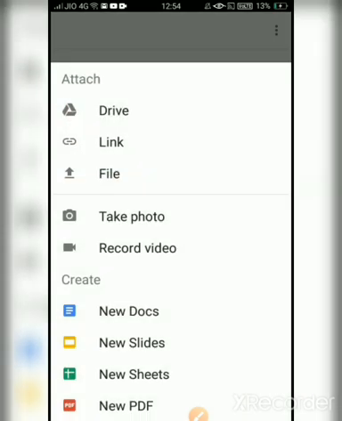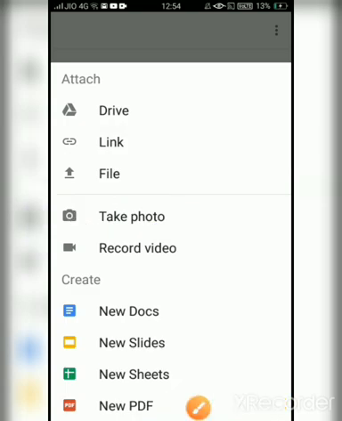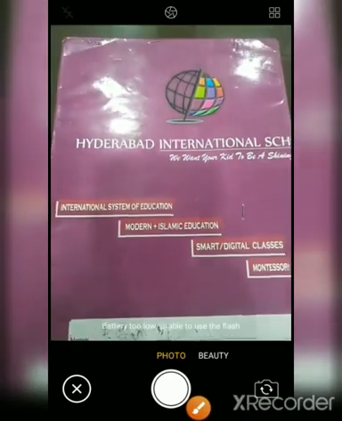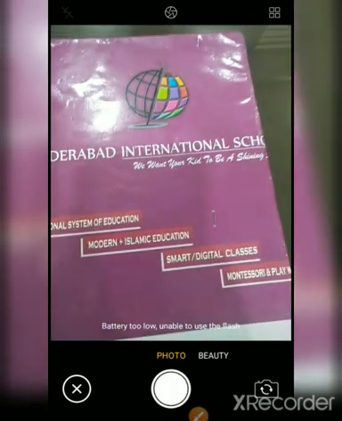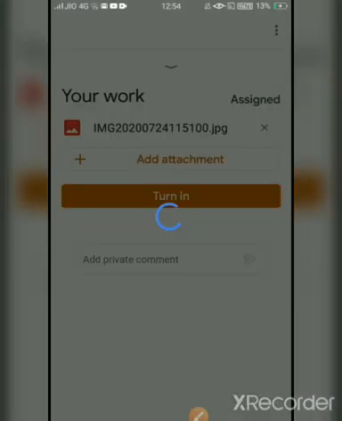You can click on take photo. Let's click on take photo. I am clicking on take photo. Here I have taken a photo and here you are able to see a wrong mark and a right mark. If you don't want to send this homework, you can click on wrong mark, your photo will go. If you want to send, you can click on right mark. I am clicking on right mark and here my photo is getting attached. Within few seconds again my second homework will get attached and I can send both the homeworks at the same time to my teacher.